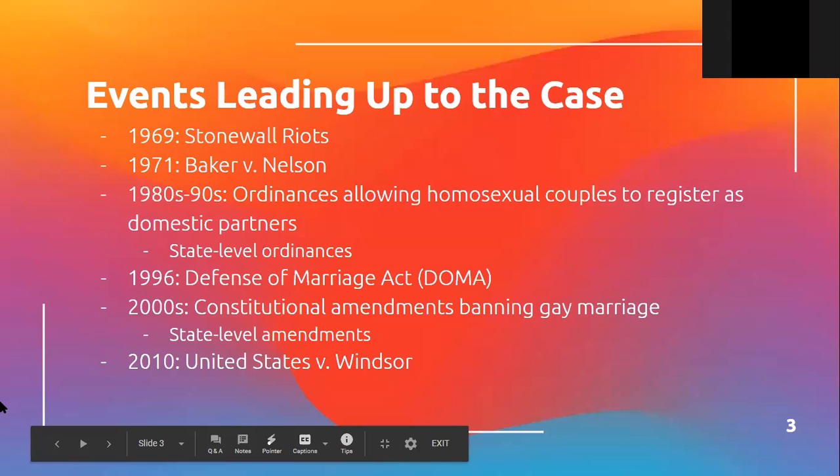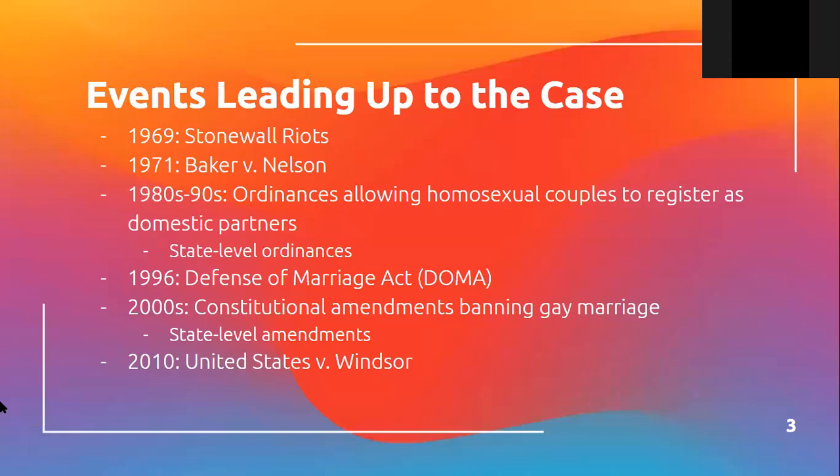There were multiple major events leading up to the Obergefell versus Hodges case, spanning all the way back to the 1969 Stonewall riots, where members of the LGBTQ community protested following the unjust raids of gay bars during the 1960s, resulting in increased awareness for LGBTQ rights. In 1971, there was the Baker versus Nelson case, which was brought to the Supreme Court by Baker and his partner who wanted to get a marriage license, but were rejected for being homosexual. This case was monumental as it led to the blocking of federal courts from ruling on same-sex marriage for nearly